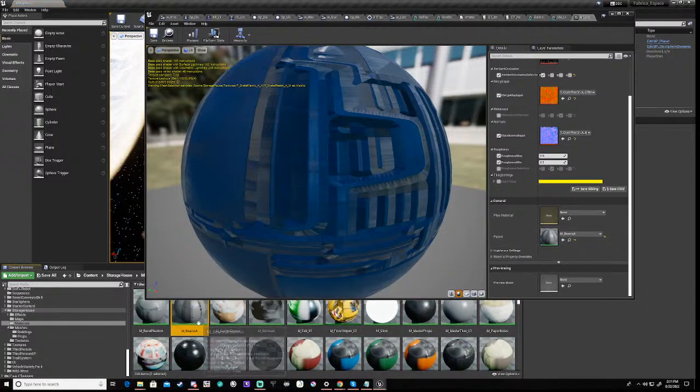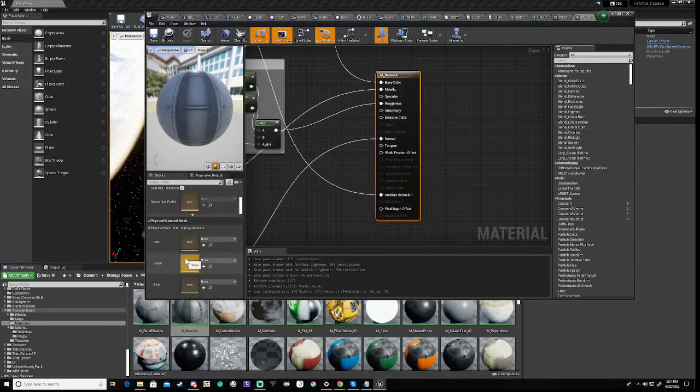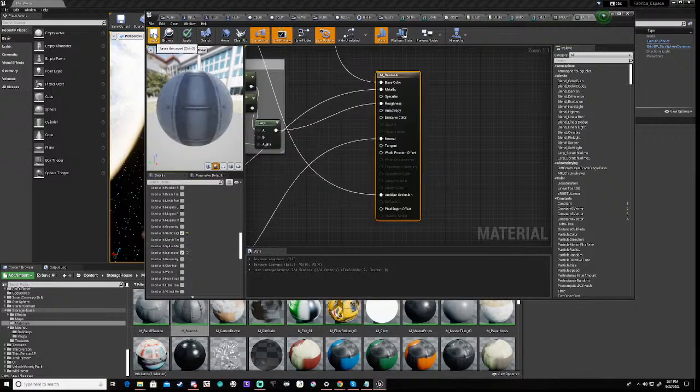So we go to that, open it up, and in here we need to change it to be used in static meshes, instance meshes, sorry. So we save that,